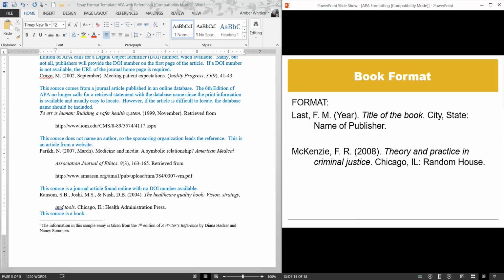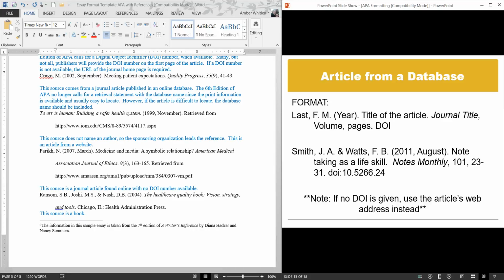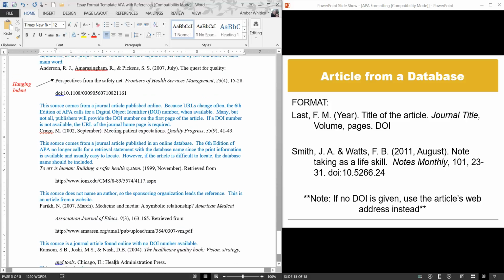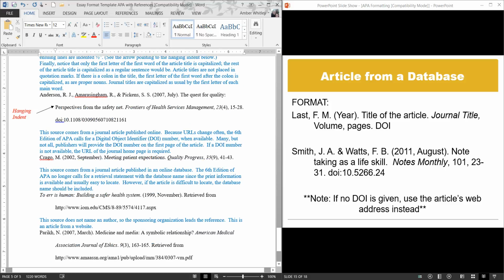Now let's look at another sample. So this is an article from a database. This is the first sample I have up here. And you'll notice that, again, the authors are still in the same format. We've got the publication. So this time I added the month. Pretty much you want to give whatever you have. So if you know the year and the month, go ahead and give them both. Then I'm just following what it says. Title of the article,